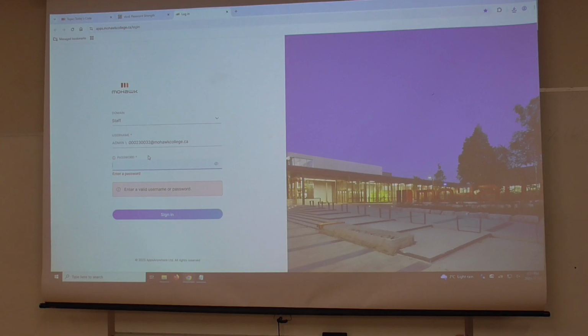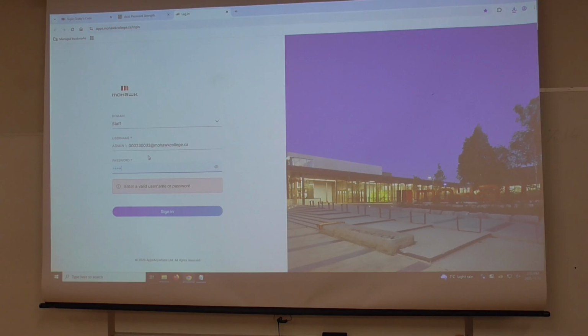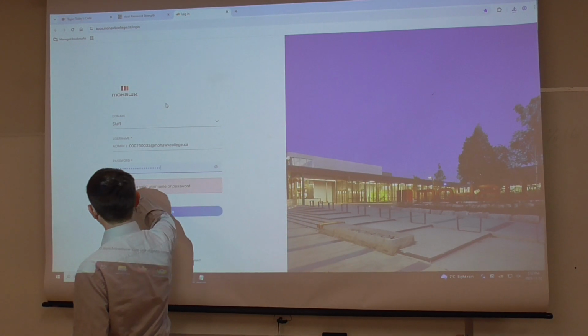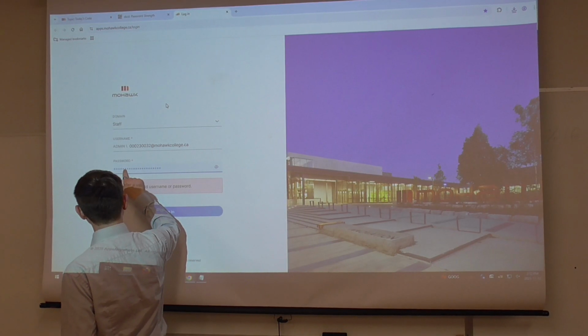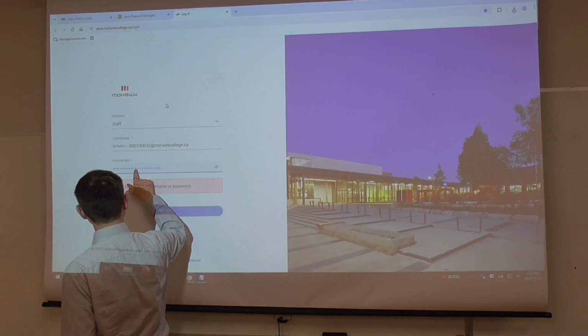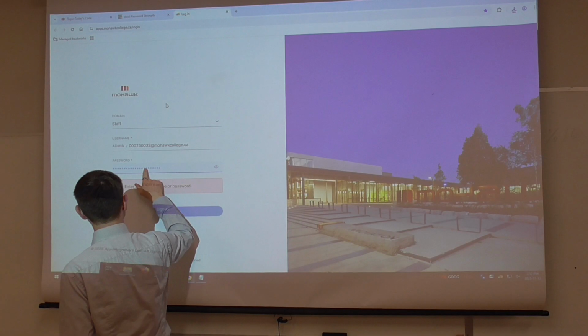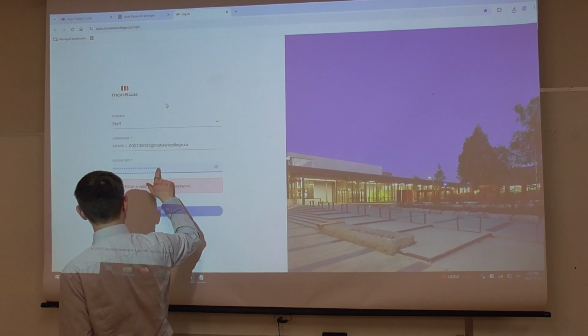I will say though, once your password reaches a certain size, it becomes somewhat more difficult to reliably enter. 1, 2, 3, 4, 5, 6, 7, 8, 9, 10, 11, 12, 13, 14, 15, 16, 17, 18, 19, 20, 21, 22.